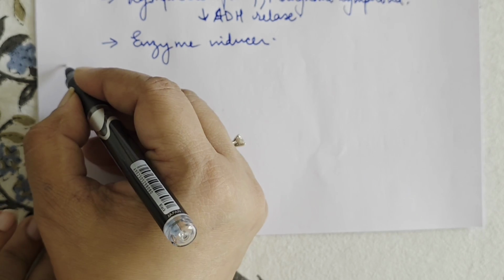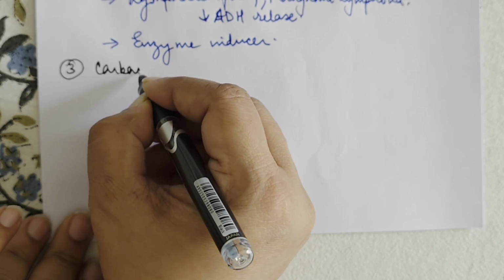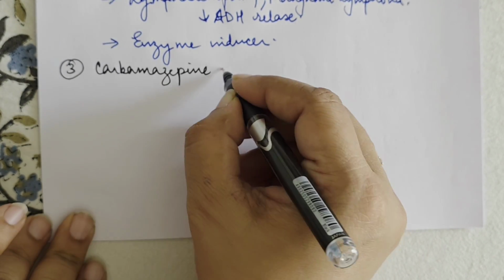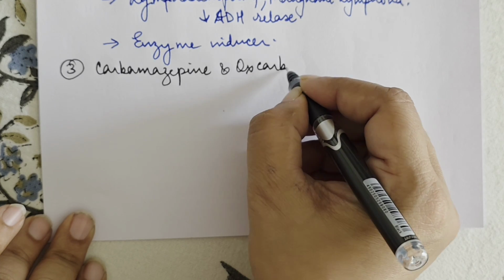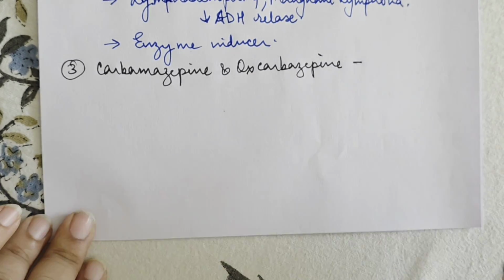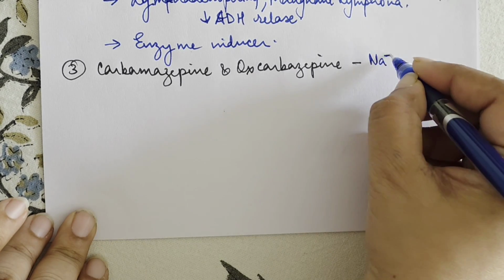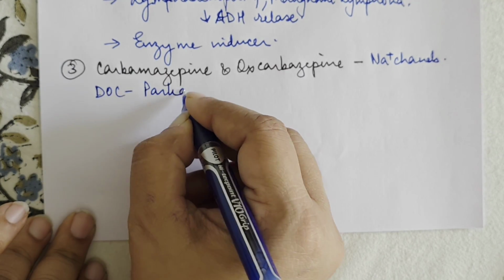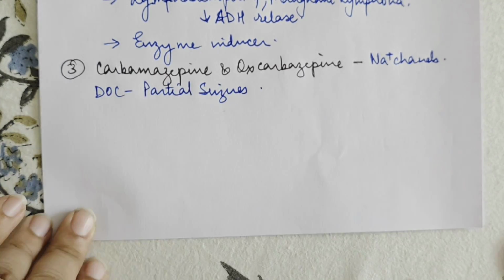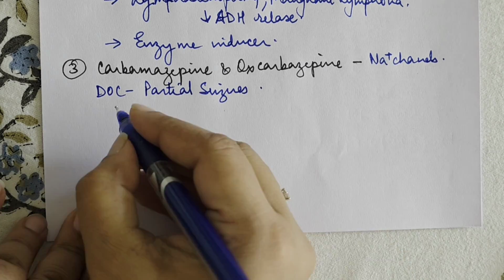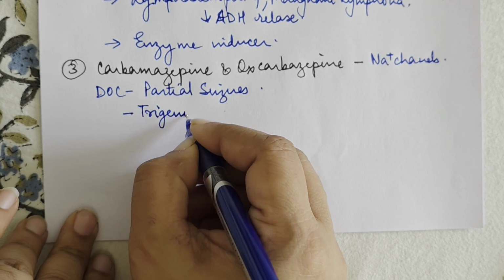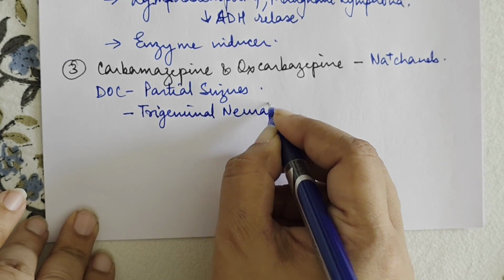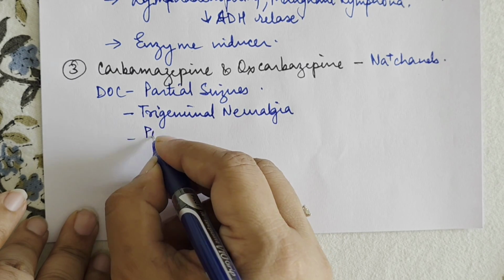The next drug that we have is carbamazepine and oxcarbazepine. Now carbamazepine, this also blocks the sodium channels. This also has action on the sodium channels, and this is the drug of choice for partial seizures. They can also be used in GTCS. Then carbamazepine is also the drug of choice for trigeminal neuralgia and also for post-herpetic